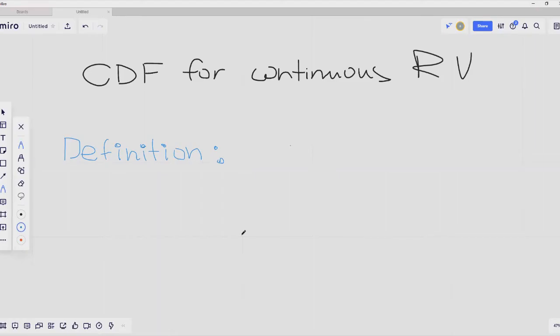In this video, we are going to study the continuous cumulative distribution function. The definition is the following. Like in the case with discrete random variables, the cumulative distribution function shows the probability that my random variable is less than some value. The notation is the following: uppercase F, with the name of our random variable as a subscript. It's a function of some value x, which shows the probability that my random variable X is less than or equal to